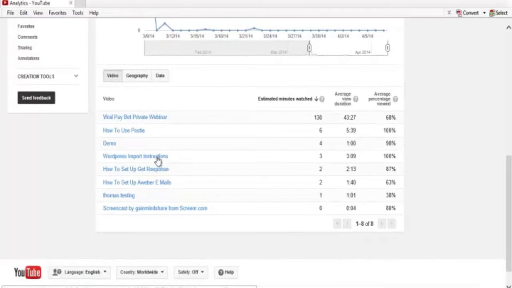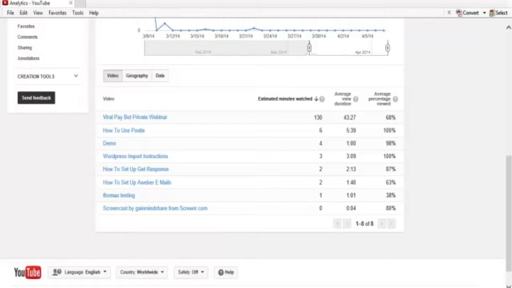So you can take a look at any of your videos. You can look at how much of the video people are actually staying to watch, and if people are staying through your entire video, then Google is going to give you more credit. It's going to consider your video to be of a higher quality. So you want to make sure that these are high numbers, in the 90s and the 80s and the 100s.